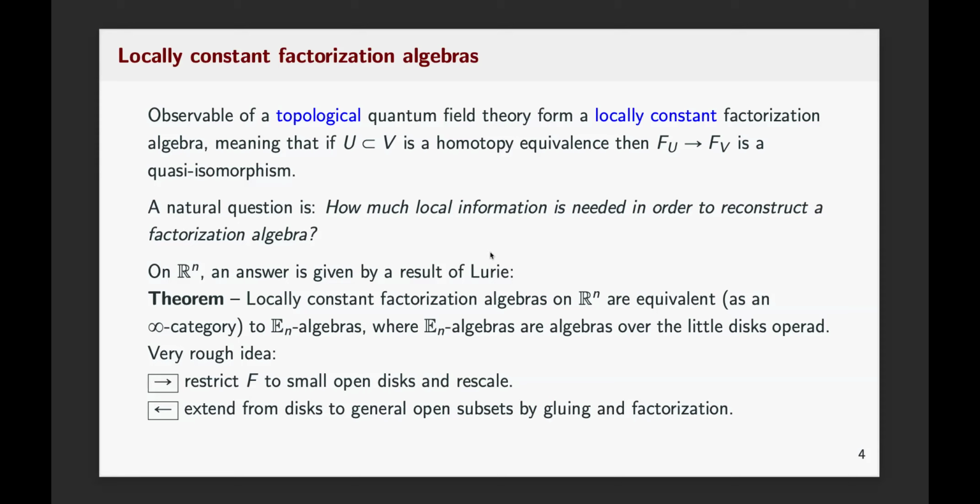So it looks very much like an algebra. The main difference is that for a factorization algebra on Rn, to every open disk you associate a different vector space or cochain complex, and the operations do not talk to each other, so there's no homotopy involved. So the theorem of Lurie is telling you that enforcing this local consistency condition somehow creates the homotopies between the maps that you have in an algebra.